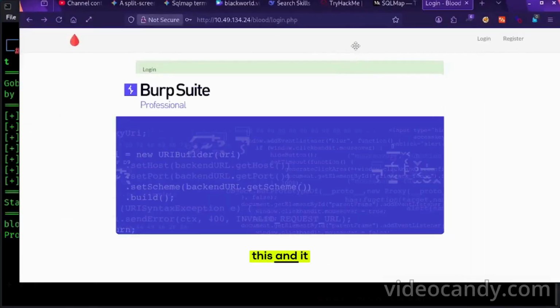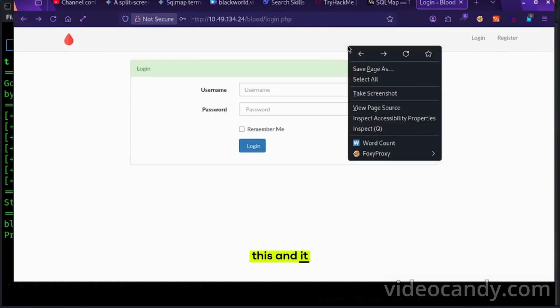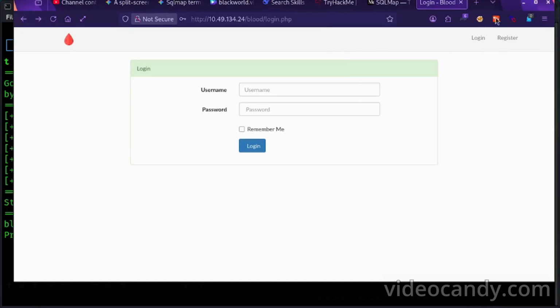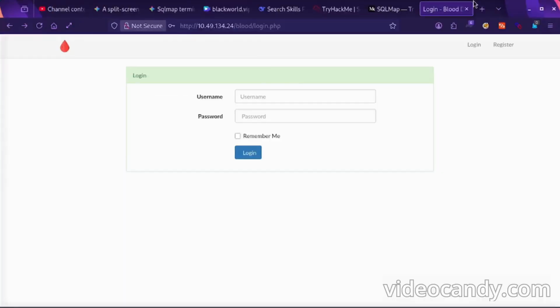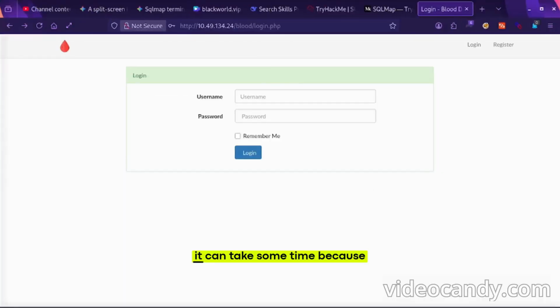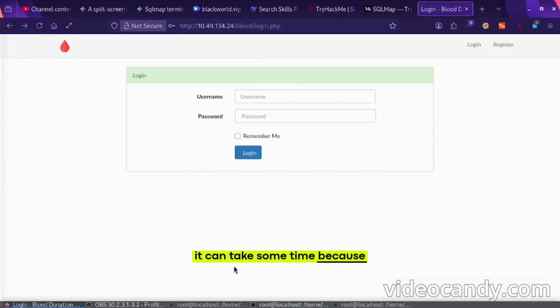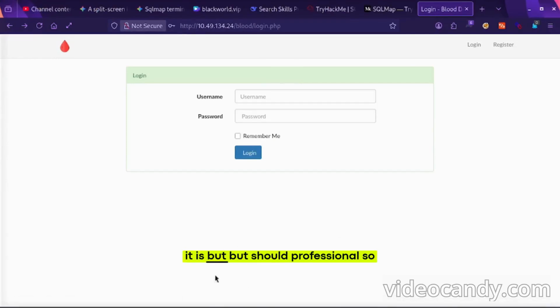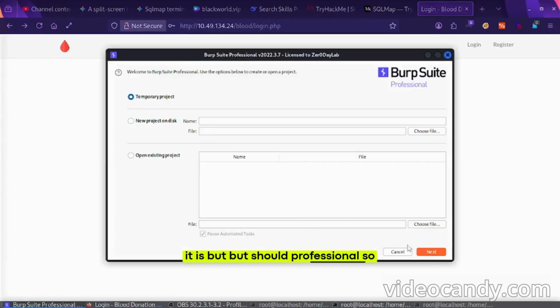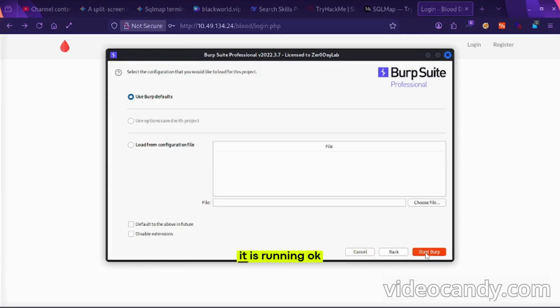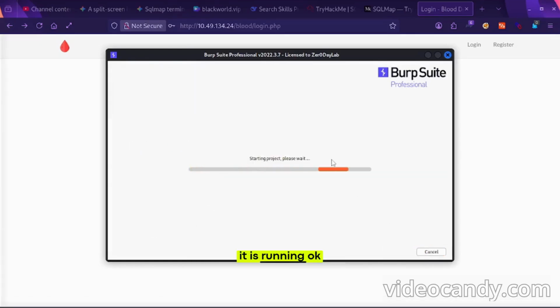Open this, and it can take some time because it is Burp Suite Professional. So it is running.